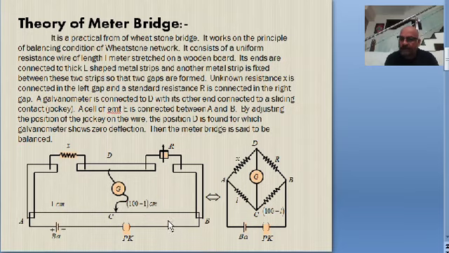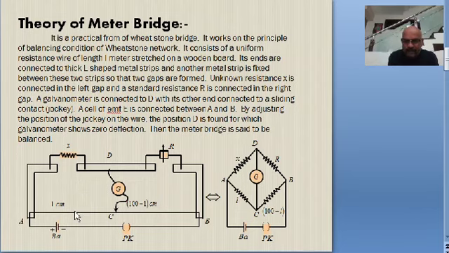It will have some resistance. This will have some resistance. So therefore there are 4 resistors. Between the opposite corners, say D and C, a galvanometer is connected. Between the other pair of opposite corners, say A and B, a battery and a key is connected. Look at the equivalent form of this Wheatstone's network and just compare them. It is exactly equal, which means the meter bridge is exactly the practical form of the Wheatstone's network.